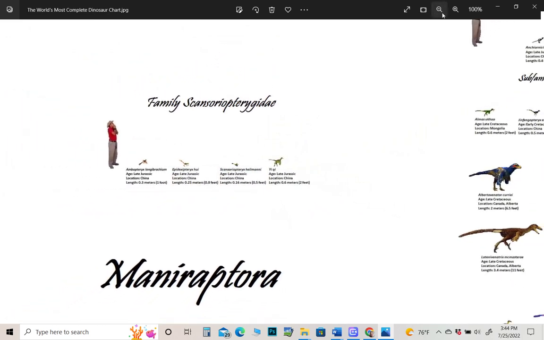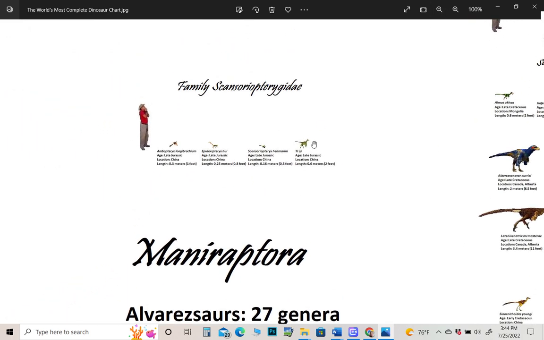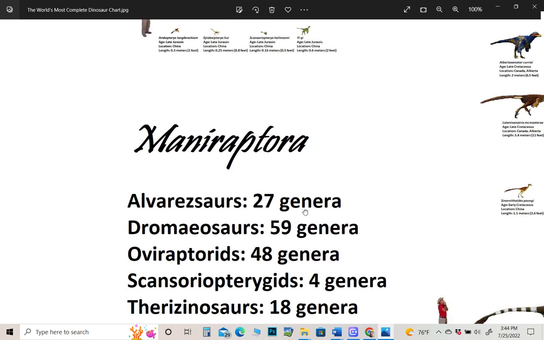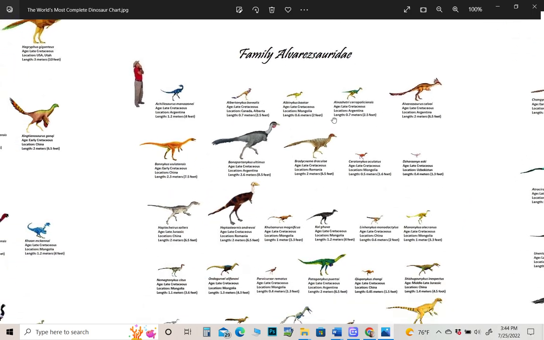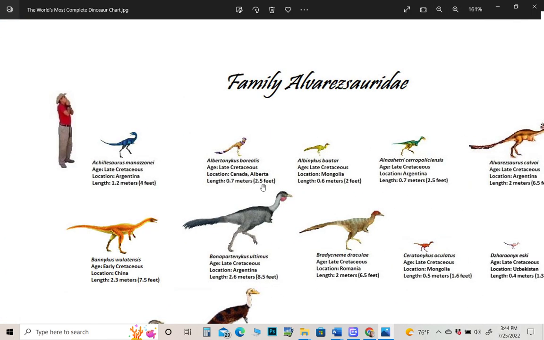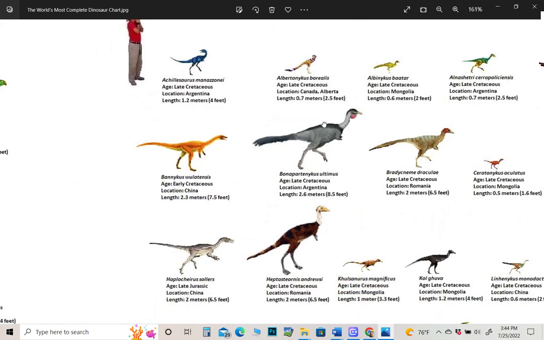Is Yi, and Yi qi for the full name. It's tied with a bat named Eoia, which is kind of funny because they both have bat wings. The Eoia is a live animal, by the way. So, and the Alvarezsaurs. We have Achillesaurus. These are closely related, I believe, to the, maybe they're not, but I think some people were saying they were related or potentially related to the Ornithomimosaurs. Albertonykus, Albinykus, Alnashetri, Alvarezsaurus, Bannykus,